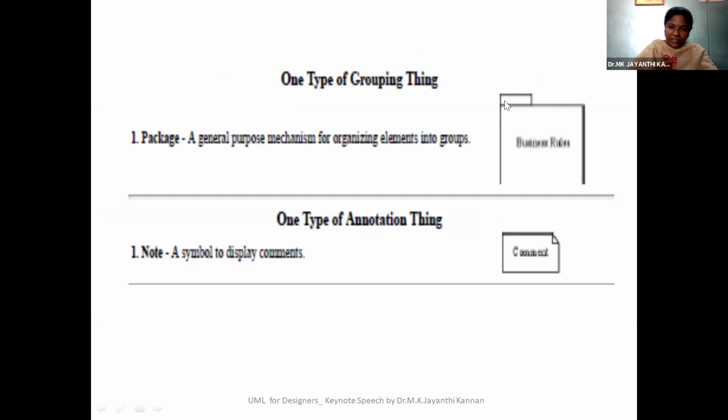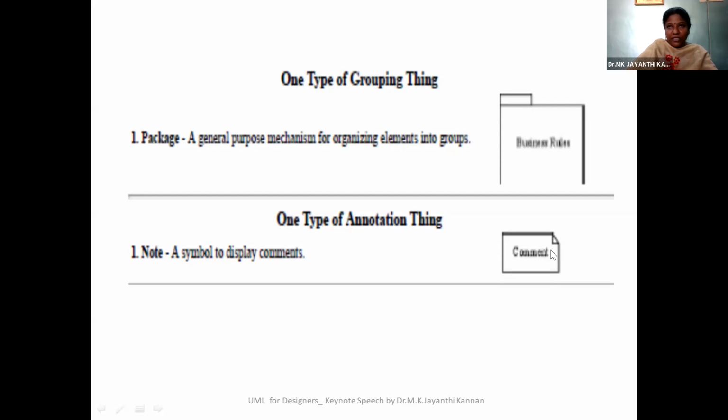So the package symbol is this symbol. We'll use it for the overall full package, a system with so many front-end tools, back-end tools, internal functions. We'll call it a package, a complete package, all the databases, everything. And the note symbol is represented like this. If you want to give some special note or description, the corresponding symbol is a rectangle symbol with a folded corner.